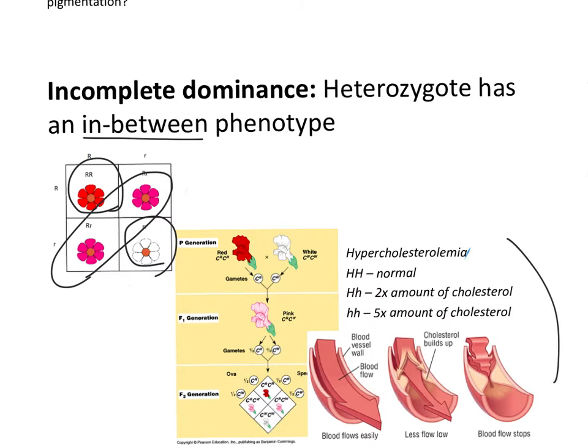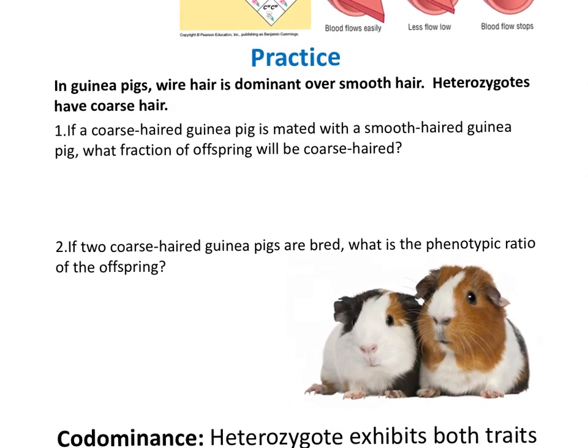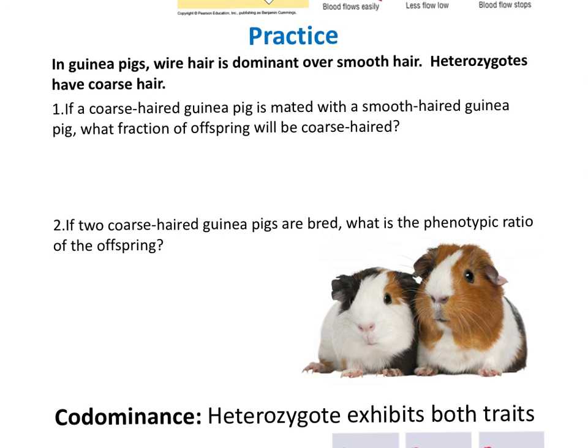Here is another example of cholesterol. People who are homozygous dominant are normal. People who are homozygous recessive have 5 times the amount of cholesterol, and then I see a third possible phenotype, which is neither normal nor 5 times, but rather it's about halfway between with about 2 times the amount of cholesterol. So to do some practice again, I would try to pause it, answer them, and then watch to see